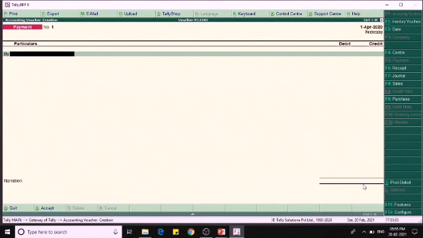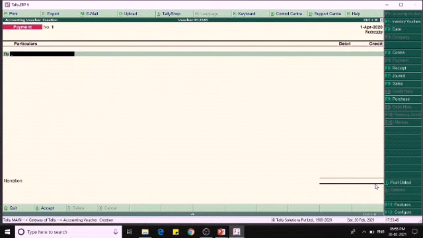You can see this number 1 is the voucher number, and this payment is a type of voucher, and on the right hand side you can see the date and day of the voucher, and in the particulars you can give the ledgers to be debited and the ledgers to be credited, and here the amount for debit and credit has to be entered, and the narration or the brief note option is also there, and here it totals the total debit and the total credit.